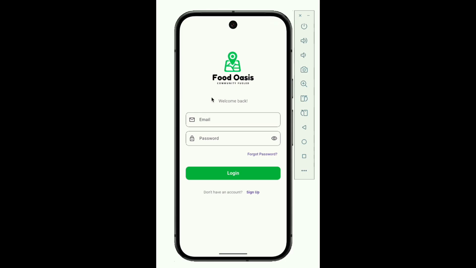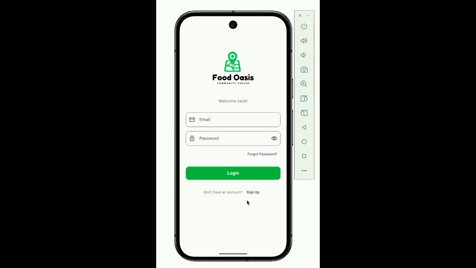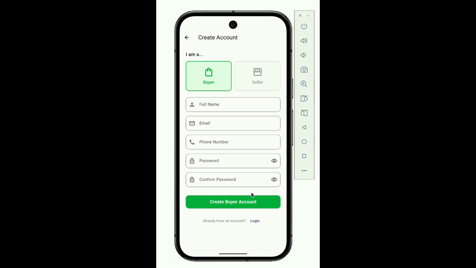Alright, so today in our demo, we are going to show you how to sign up as a buyer and how to sign up as a seller. We will also show you how to sign in as a buyer or a seller if you have a pre-existing account. So starting off, I'm going to go ahead and click sign up. I can choose to sign up as a buyer or a seller, but we are going to sign up as